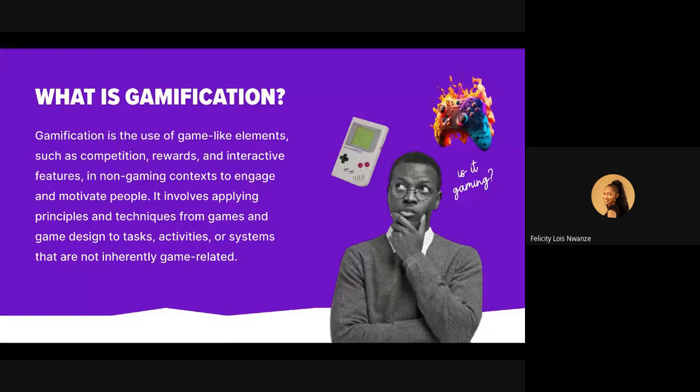So what is gamification? Is it game design? When you hear gamification, what does it mean? Gamification is basically when you use game-like elements and apply them in a non-gaming context. When you see games, video games, even physical games, there's a reason why they're very interesting, why people are so drawn to them, why football has millions of viewers all around the world, basketball, and even video games.